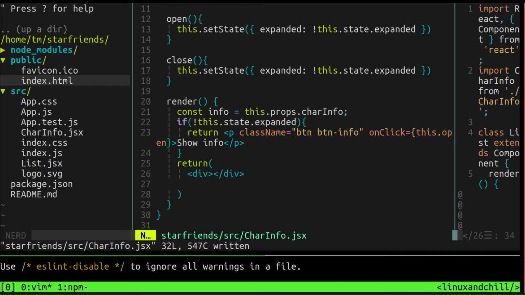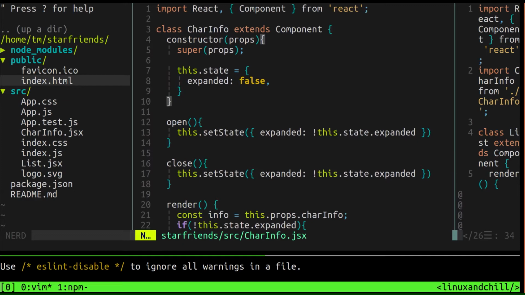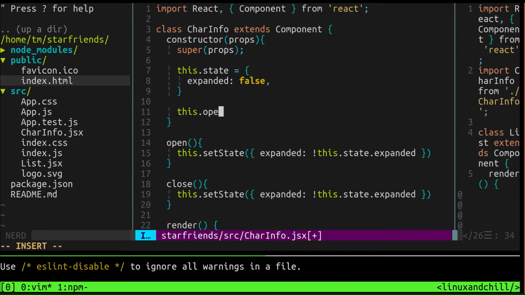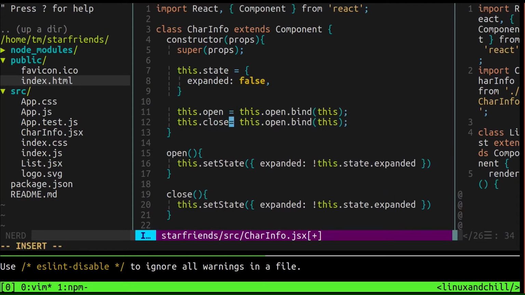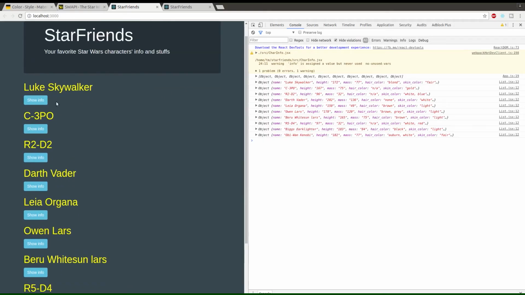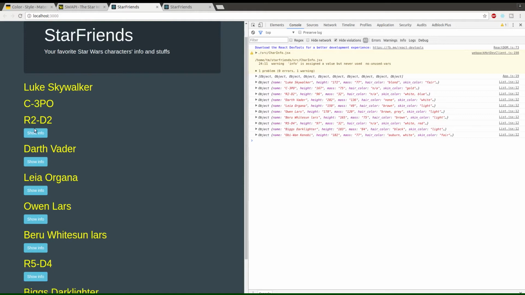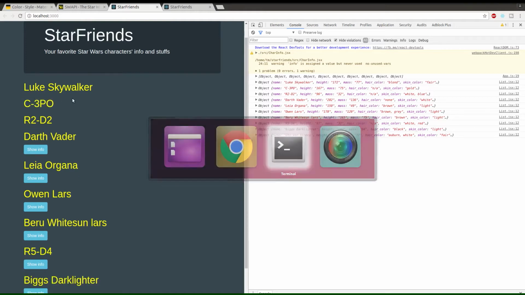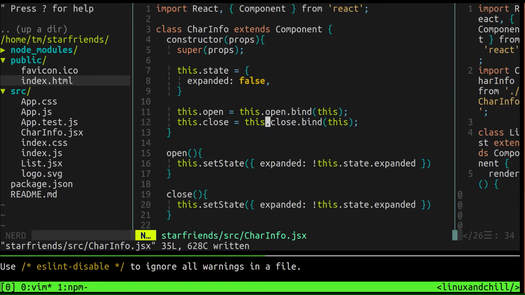So what we can do also is just to take care of some housekeeping, to make sure this doesn't change context. So we'll say this dot open equals this dot open bind this, and we can do the same for close. Let's see if we've broken anything. Everything looks fine. Okay, obviously when you click it, nothing happens because we haven't set up the opposite of this